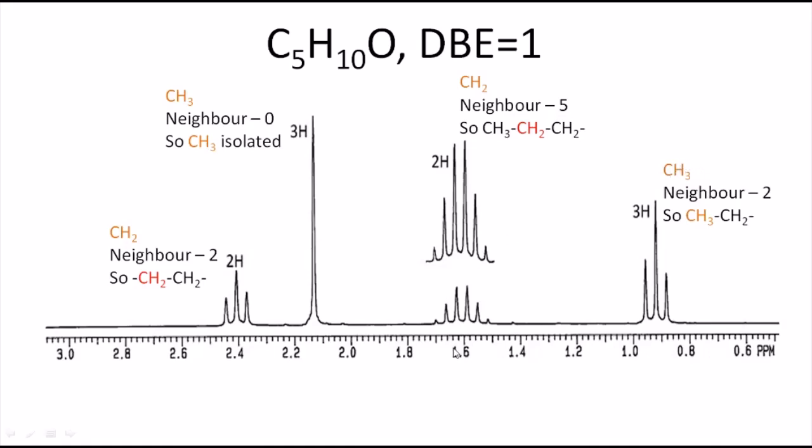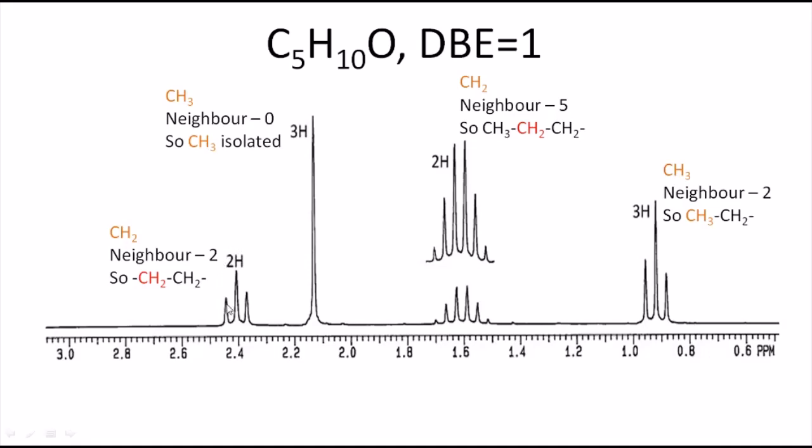When it is around below 1, it is free. That means it is far away from the electronegative group or the electronic cloud. But here it is 1.6. It is a little closer to an electronegative group or something like that. You can see here it is around 2.1. That means these 3 hydrogens may be adjacent to a carbonyl group, right? Here also it is 2.4. This CH2 may also be adjacent to a carbonyl group.